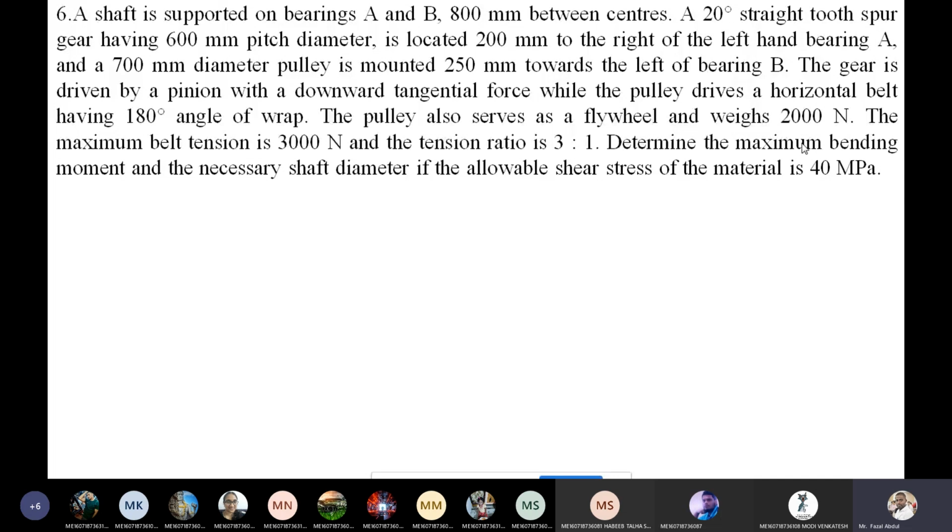The first four, based on strength, are pure bending, pure torsion, combination of torsion and bending, and, in addition to the combination of torsion and bending, an axial load applied. These are the 4 different categories under strength. Second, rigidity wise, there are torsional rigidity and lateral rigidity. Among these 6 categories, identifying which one the given question belongs to is the most important.